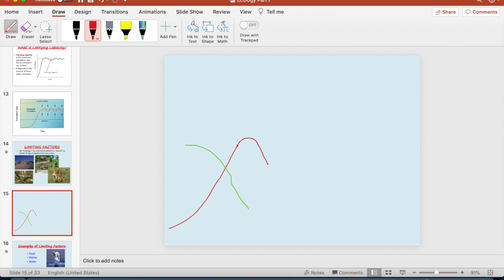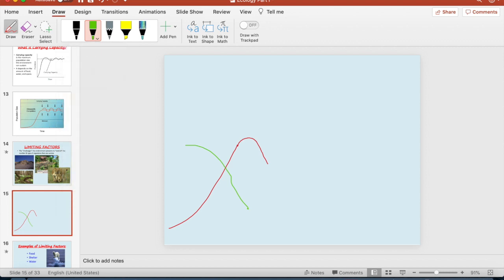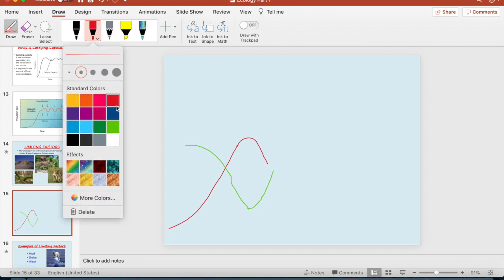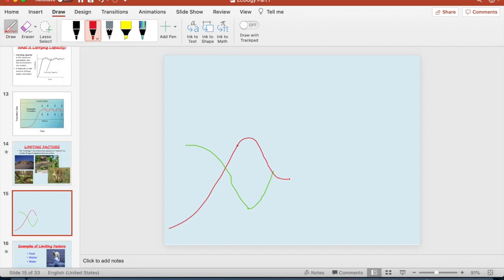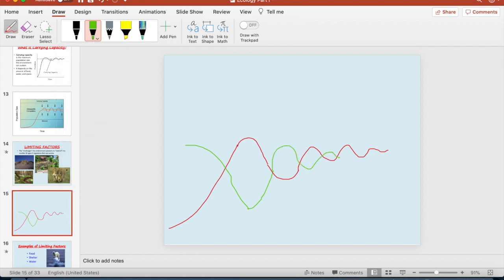As this population starts to go down, what's going to happen to the seeds? What do you think? That's right, there's going to be more seeds, more chances for the flowers to grow when they produce seeds because there's less of a predator. So this is going up. Well, guess what? Now, because that's going up, the population will start to go up. And we're going to see this constant up and down and up and down as we see the food that they're eating go up and down, and they'll eventually kind of stay within each other.